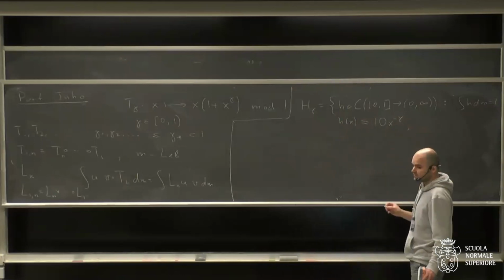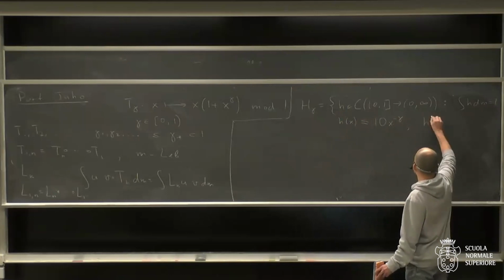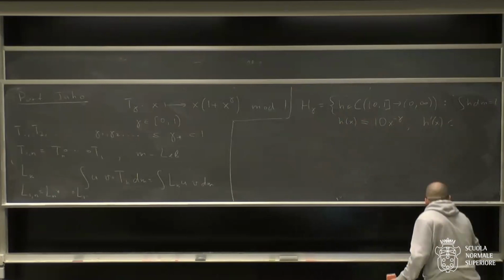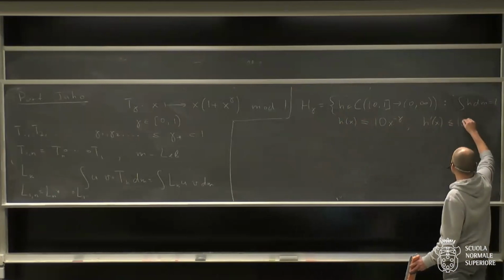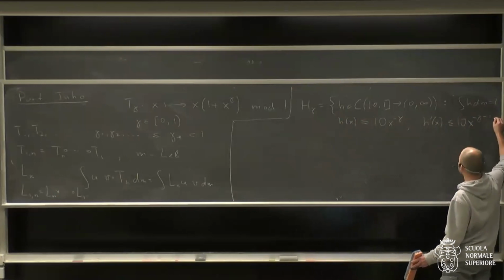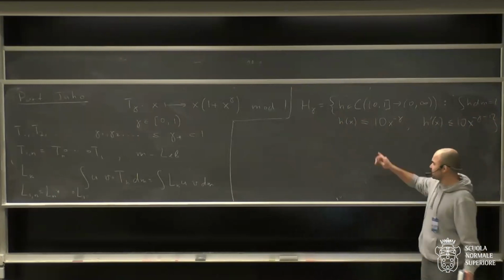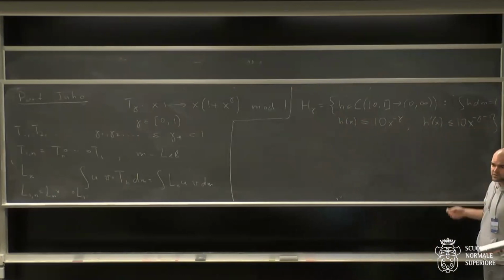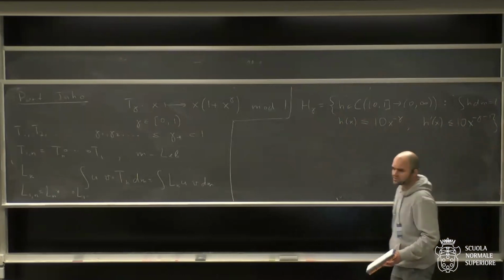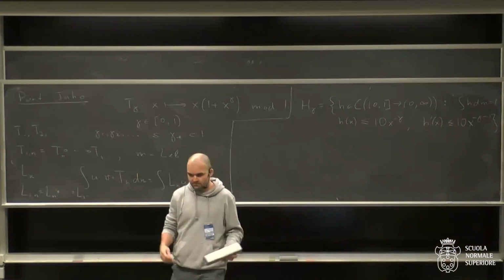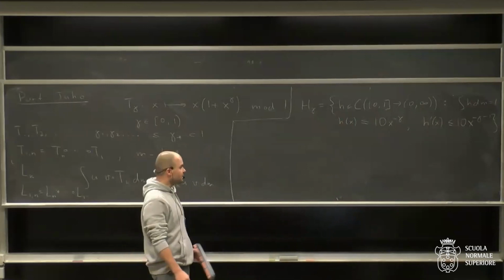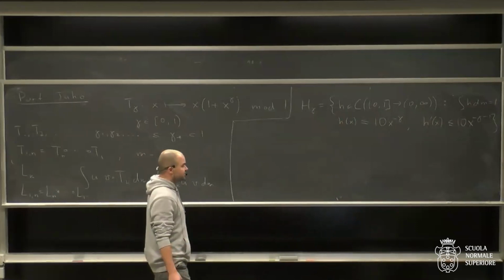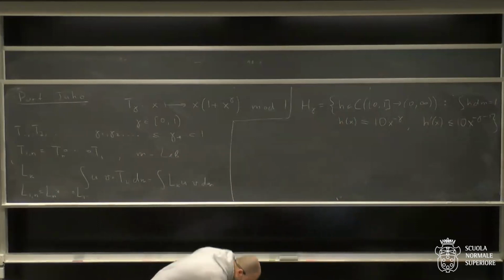And the derivative is sufficiently regular. H prime of x is at most 10x to minus gamma minus 1. Like if you expect that your function behaves like x to the minus gamma, then the derivative is usually worse by 1. And 10 is just a constant. Think of it as a large constant. You can in principle say what it can be at least, and it can be arbitrarily large. So that's a class of